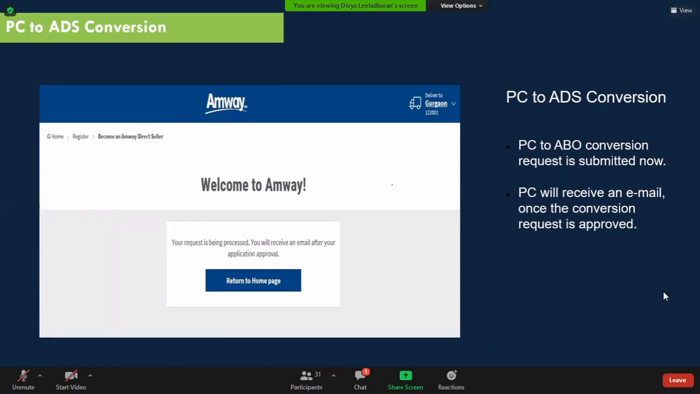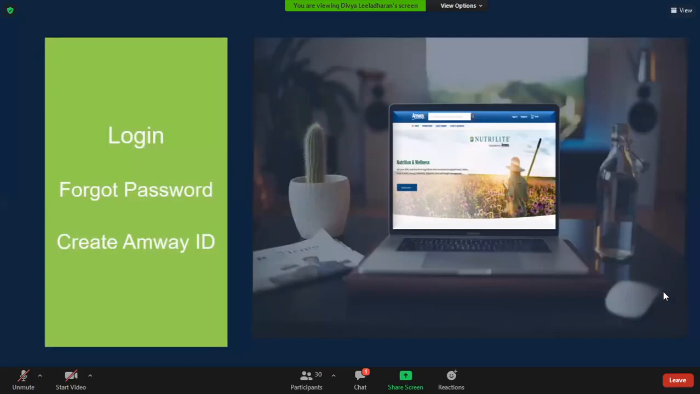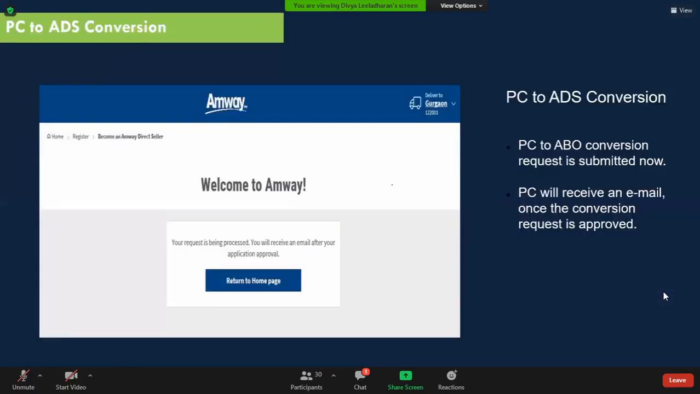Once you click on submit, immediately the account gets converted to an ADR account without any time gap, it's just instant. Once the thing is done, it gets converted. Right. So the PC will also get an email that their account is converted to an ADR account. And another thing that you need to remember here,